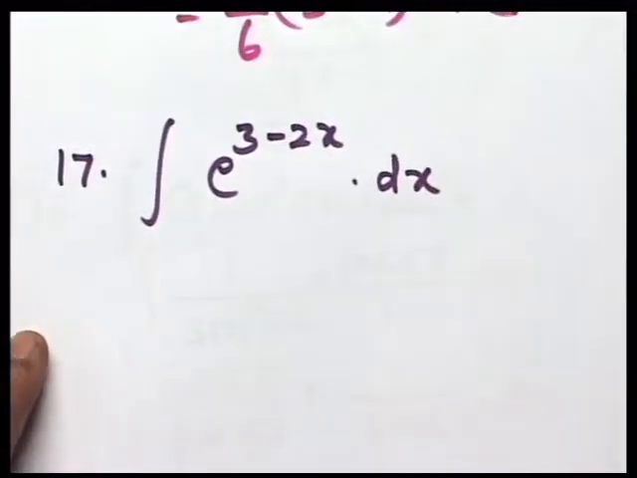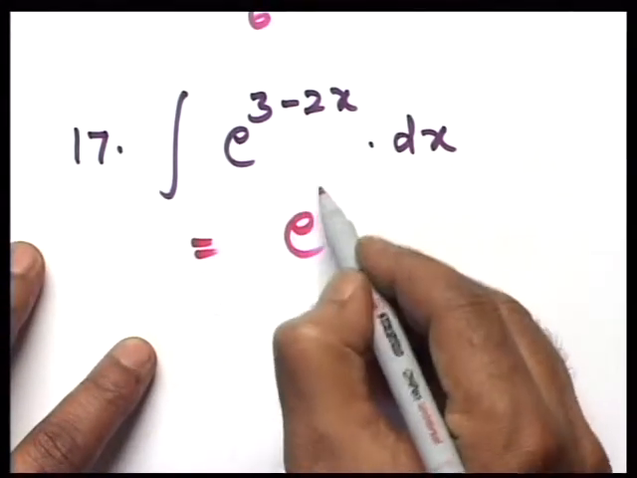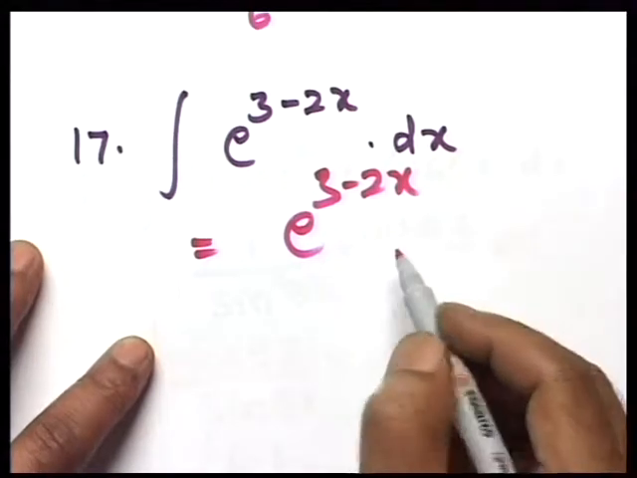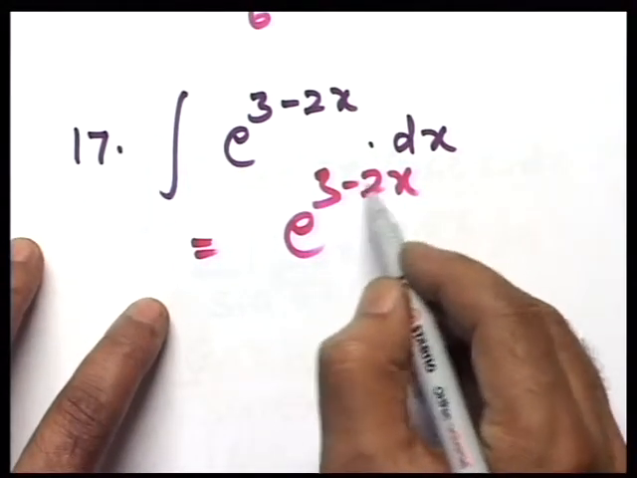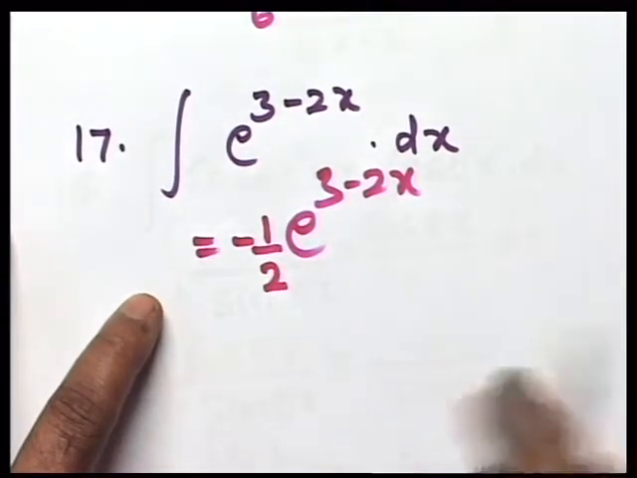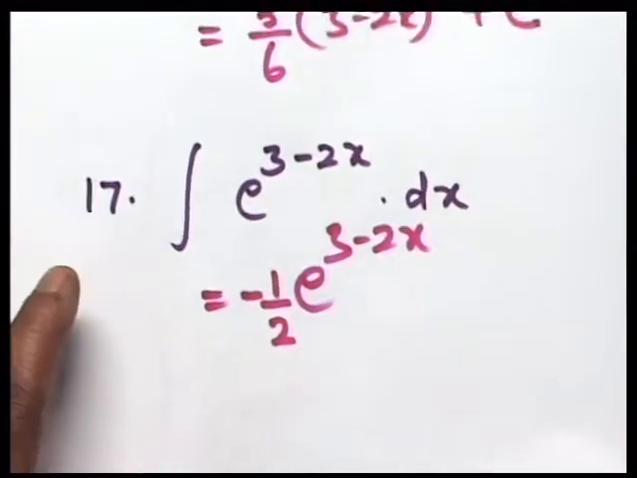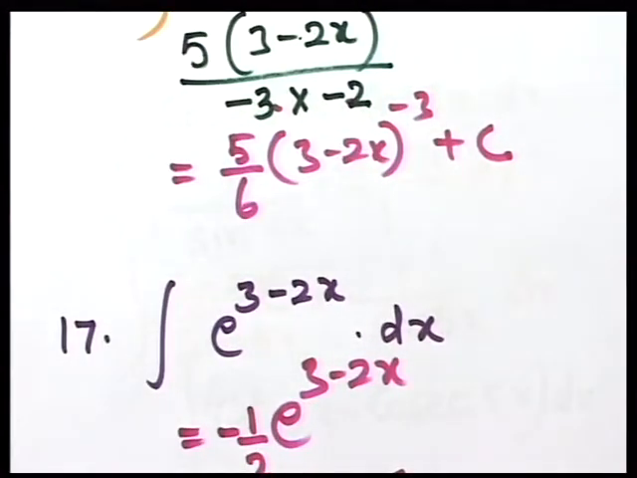Okay, last one. You already have done a few sums of that type. E to the something is e to the same thing, no change, and we need to differentiate that. We get minus 2, so we divide by minus 2 or times by a minus half. Okay, done. Now these are the questions based on